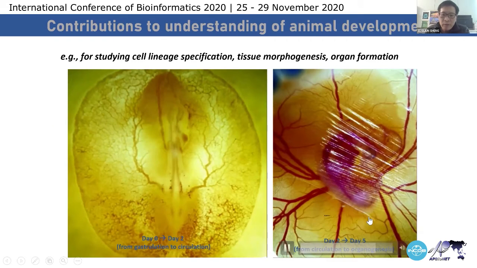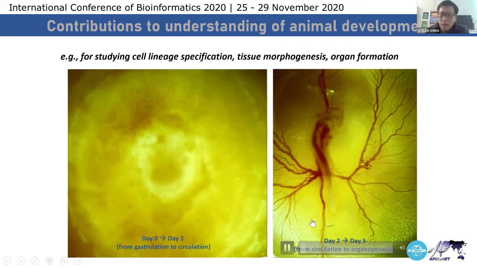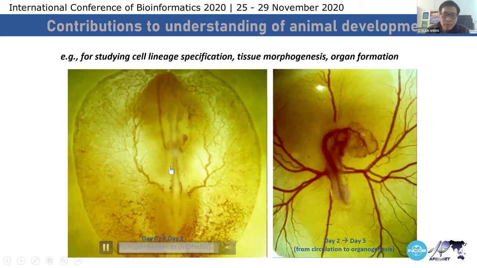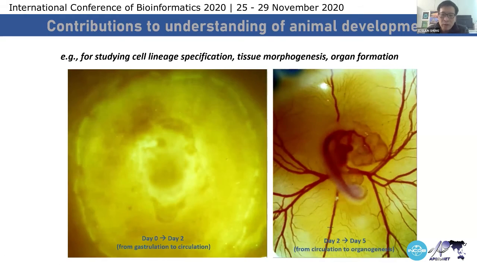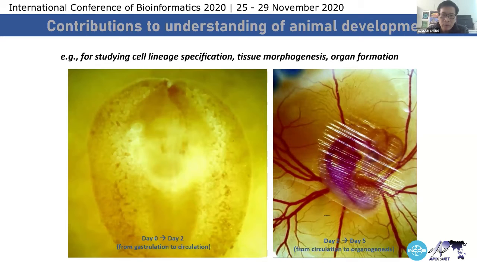And remember, this is only the first 5 days of the about 3 weeks of chicken development. So these are the things that we are interested in and study. And there is a special group of scientists they call developmental biologists. They are interested in various aspects of animal development, whether they use chicken or mouse models or some other